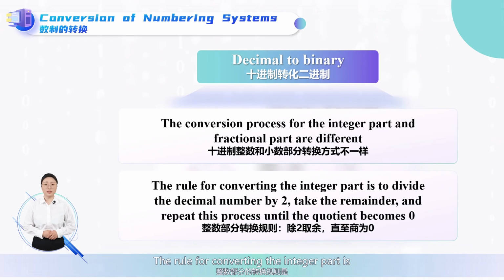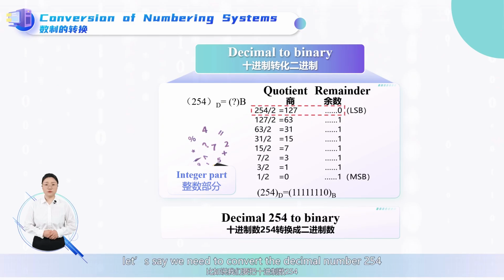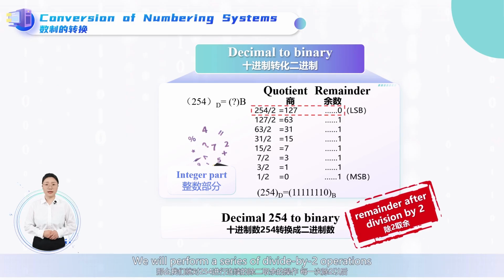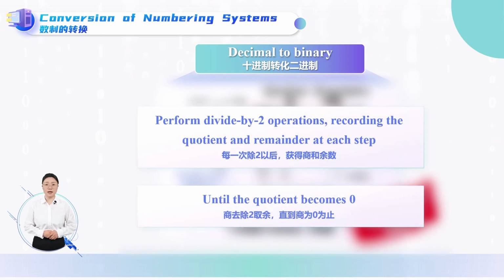The rule for converting the integer part is to divide the decimal number by 2. Take the remainder and repeat this process until the quotient becomes 0. To illustrate, let's say we need to convert the decimal number 254 to the binary number. We will perform a series of divide by 2 operations, recording the quotient and remainder at each step until the